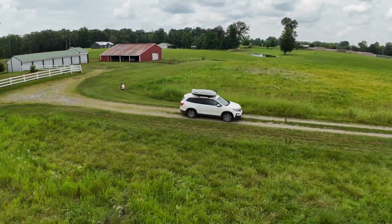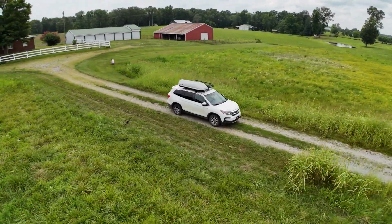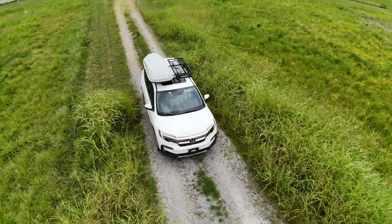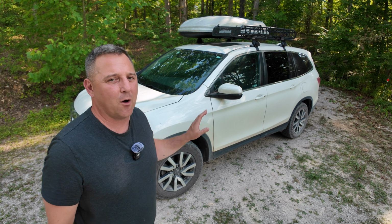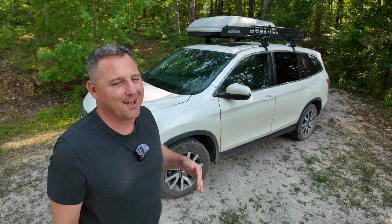On some of those trips, we do get a little bit of stop and go driving, but for the most part, this is a highway driven vehicle. So I would say at least 90% of the driving, or even about 90,000 of those miles, have been strictly highway miles. If you know anything about Hondas, you know that most of the Hondas from this generation have something